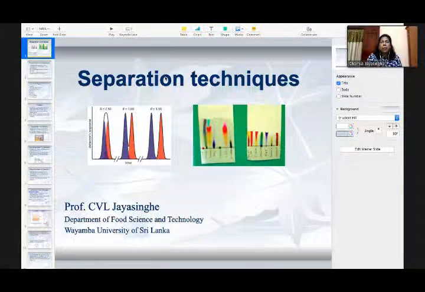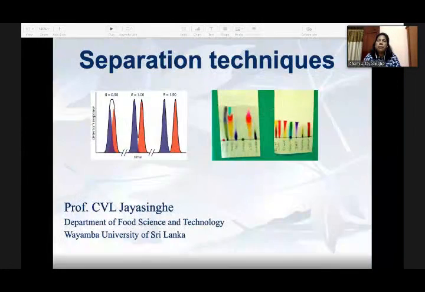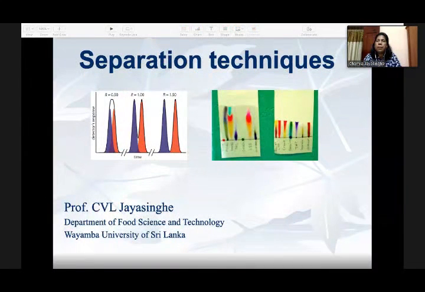So accordingly, when we talk about these analyses, the separation techniques are very important. So why are the separation techniques important? Because, as I mentioned to you, most of the time when we do analysis,